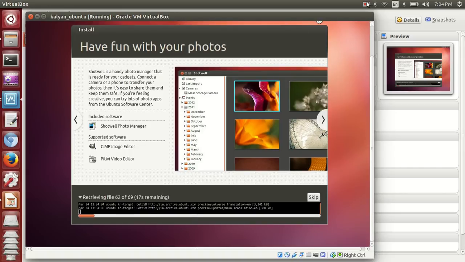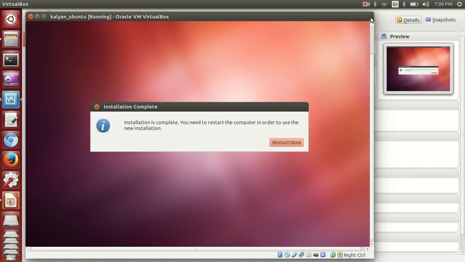I will pause for some time. After waiting for 5 to 10 minutes, you will get a message that the installation is completed. So you can go for restarting your system. Please click on restart now.